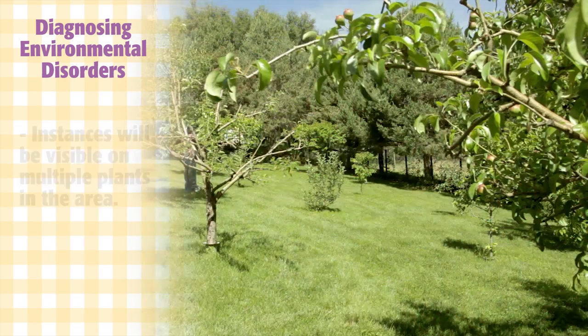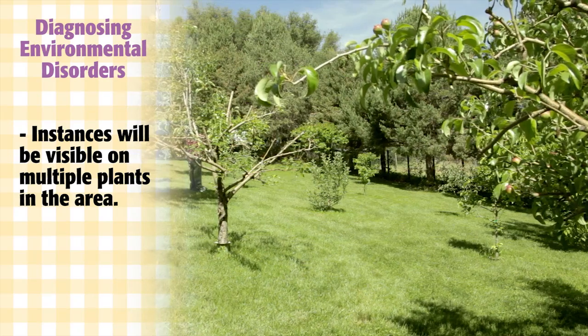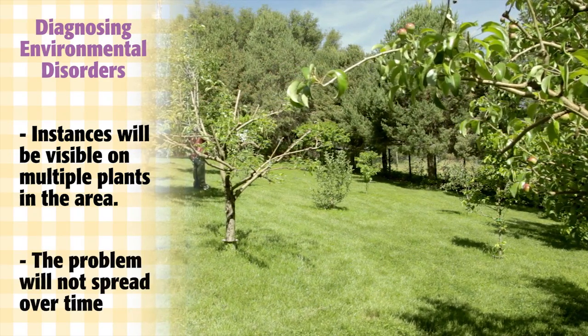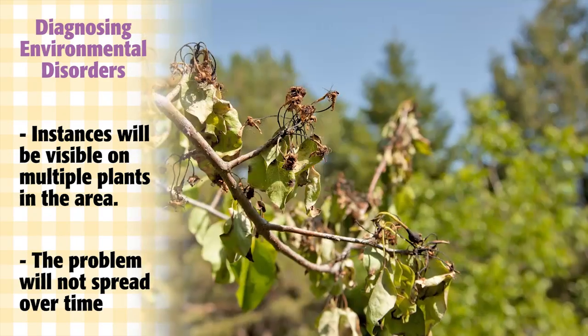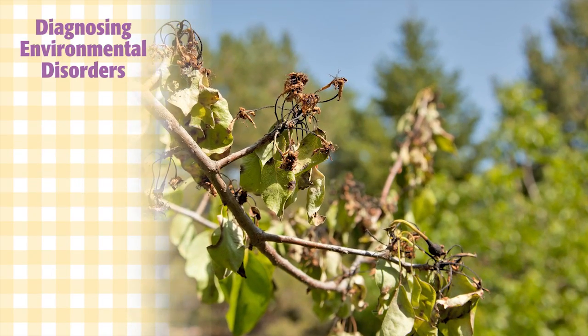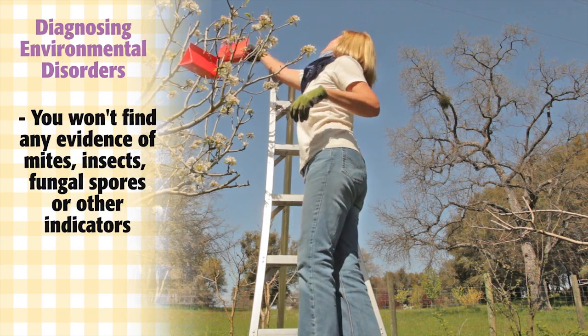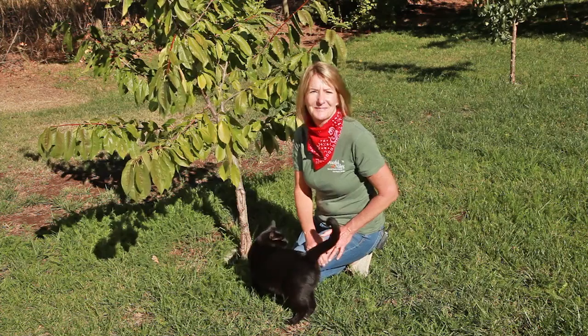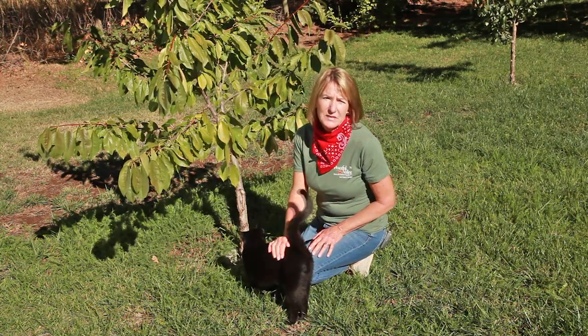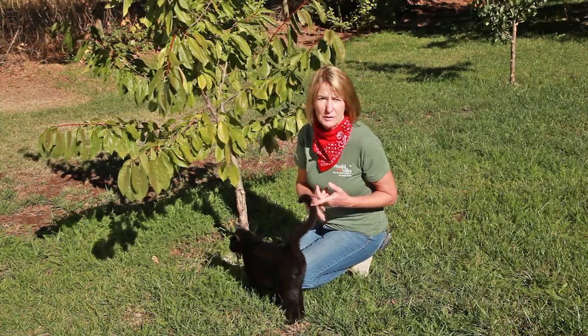Environmental disorders usually happen to multiple plants in an area, not one or two species. The problem will also not spread over time. Finally, you won't find any evidence of mites, insects, fungal spores, or other indicators. Some of the abiotic problems that you could find in your orchard include sunburn, frost damage, over or under watering,